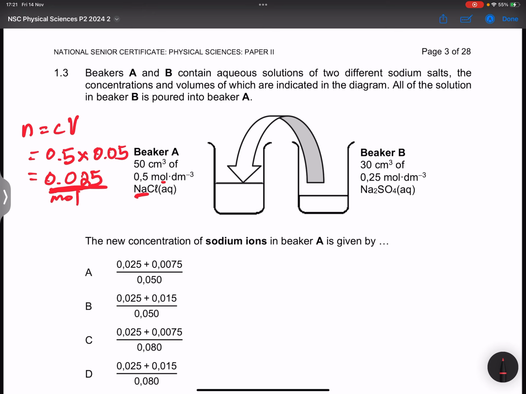On the other hand, we've got beaker B. Again, we're going to say this is concentration times volume. So this will be 0.25, that's the concentration, times the volume, which is 0.03, 30 divided by 1,000. And so when we calculate that,